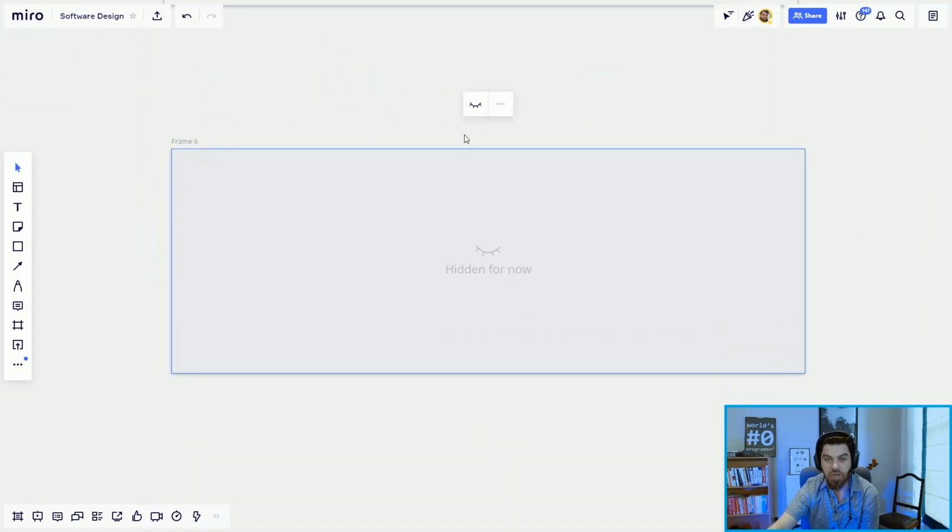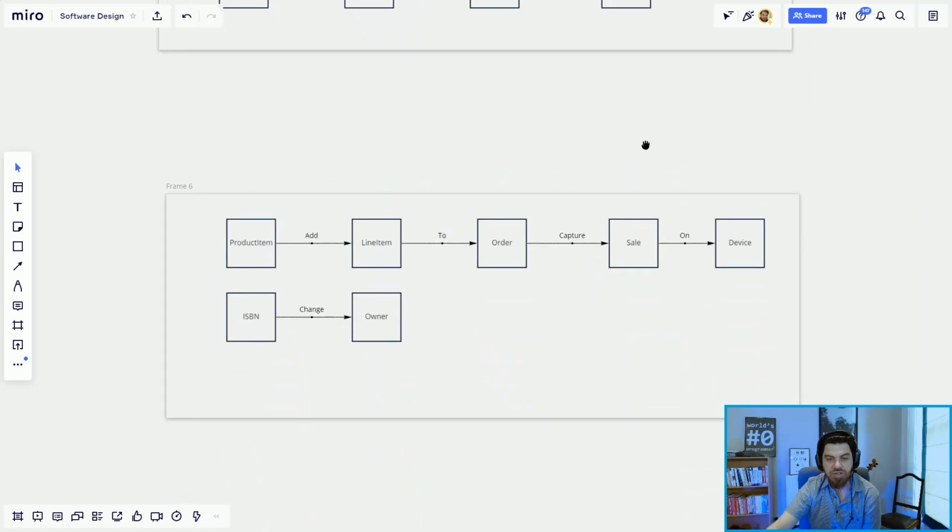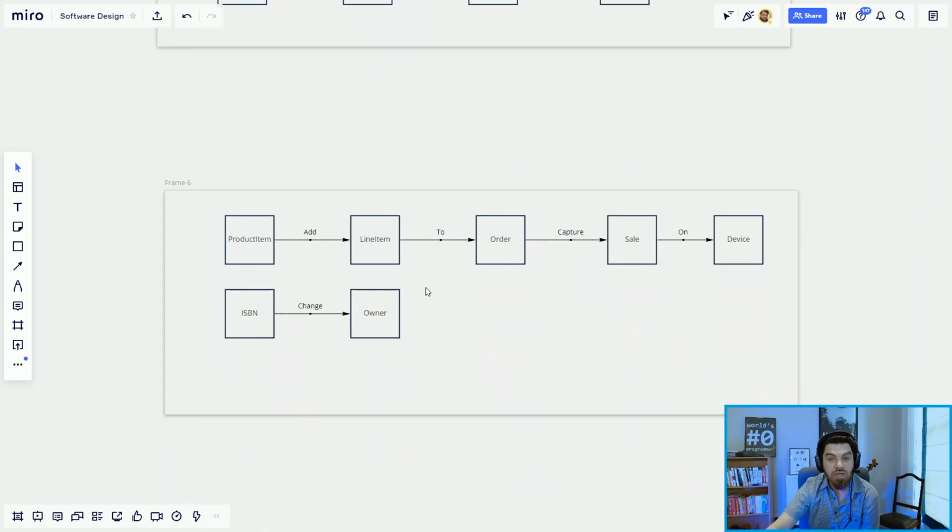Let's go to the next one and the last one. If I'm using domain language, I might do something entirely different to that. I might say product item, line item, order, a sale from a device. I might choose not to use the word book or product item. I might say ISBN, change owner, an entirely different way of understanding and reasoning about that system. So in conclusion,